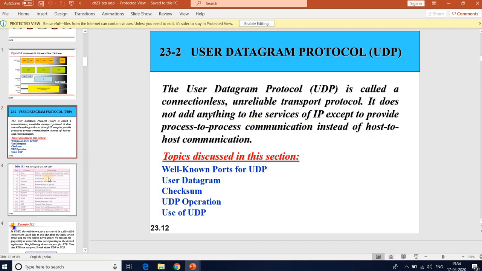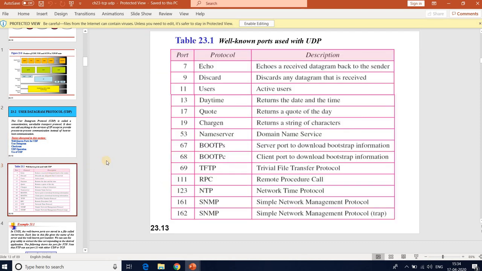There are well-known ports used by UDP, and these are the port numbers and protocols.